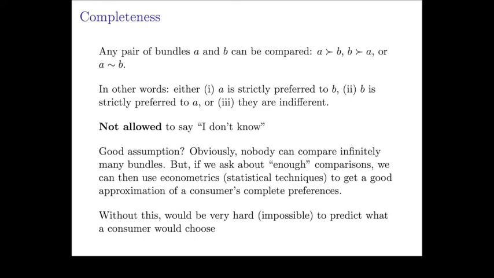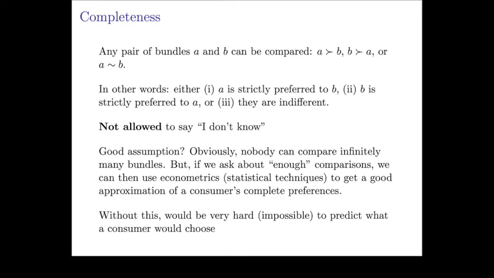However, if we can ask you enough questions about, hey, here's a bundle A and a bundle B, how do you compare these? And you give me an answer. And then I give you another pair. Maybe I give you B and C, and I say, which of these two do you like better? And you tell me the answer. And then I give you a fourth bundle, let's say a bundle D, and I say, okay, how do you compare B and D? And so forth. I just ask you a series of questions. What we have are reasonably good statistical techniques for being able to ask you some finite number of questions, and from the answers to those, to be able to complete what your preferences would be.